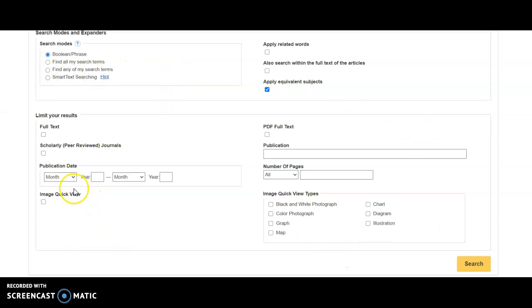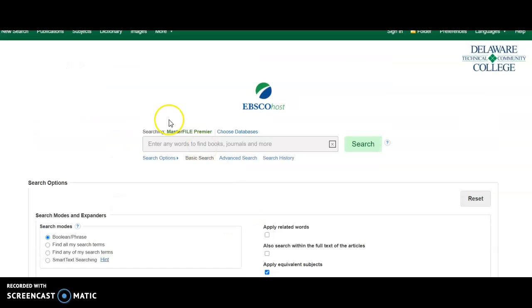This is really useful if you need to find an article within a certain time frame or from a certain publication. I recommend that everyone choose full text, and then you can limit or not limit as you see fit,